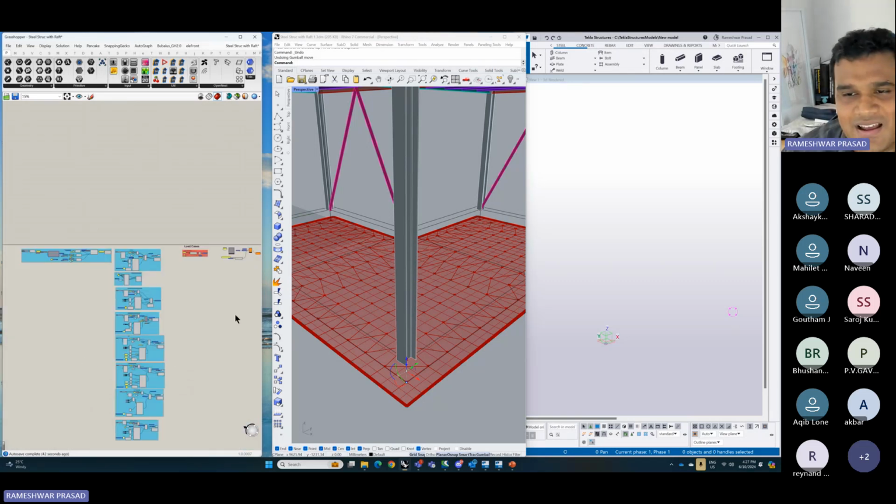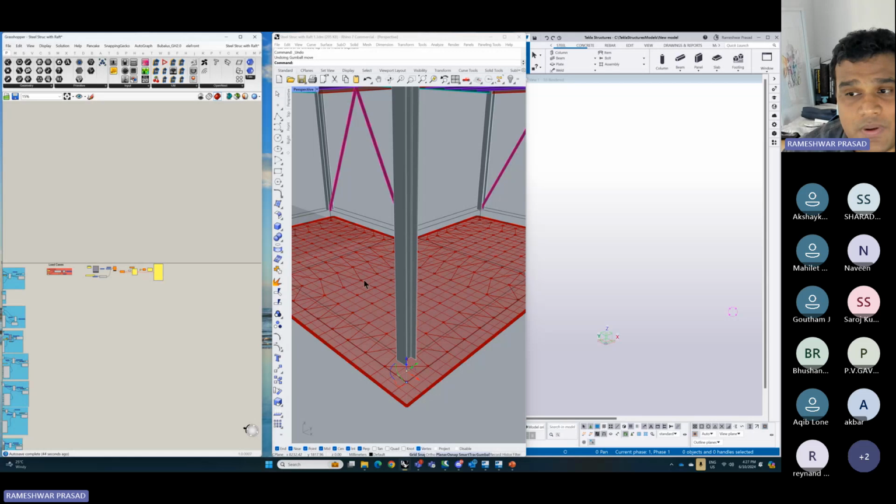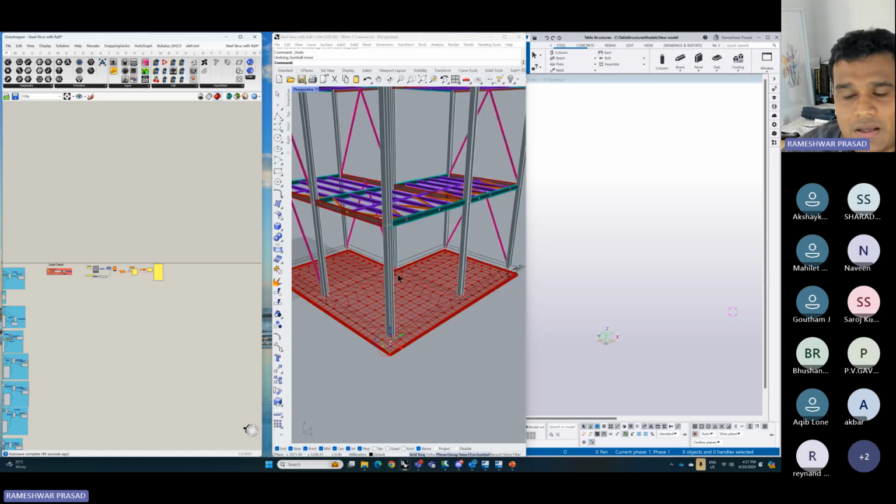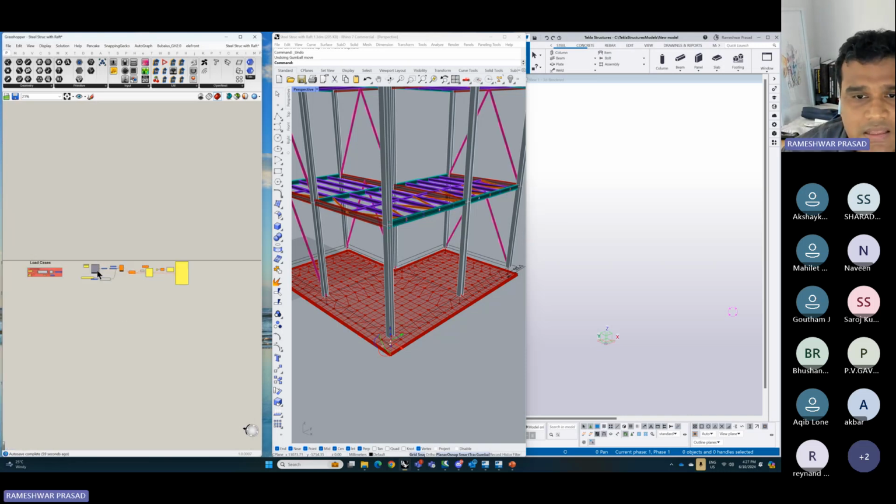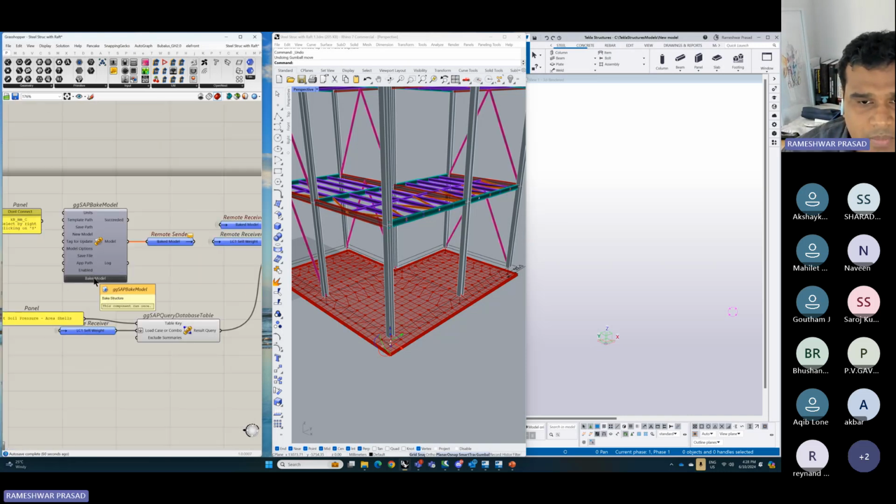Yeah, again, it's not native to Grasshopper. Grasshopper can do meshing, but you'll have to do a lot of process to create contiguous meshes amongst, say, for example, the slab and a wall, a raft and a column node, and so on. So we use certain third-party meshers to do that. And then you can, again, bake the model to SAP2000 and